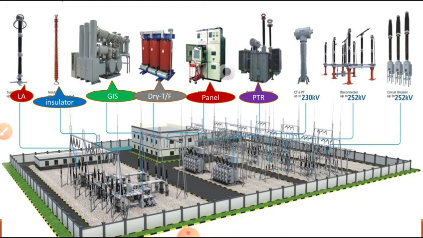The main function of this power transformer is that whatever input voltage comes, it has to reduce it to the required voltage near our load centers. But the same function works in reverse in the generating station. Whatever the generated voltage, which may be 33 kV, may be stepped up to 400 kV, or as required up to 765 kV. So at the generating station it acts as a step up transformer, and at the receiving station it acts as a step down transformer.